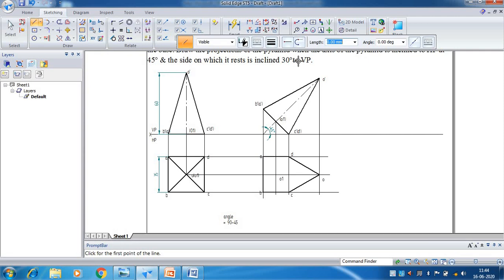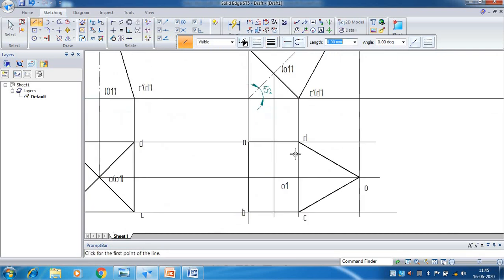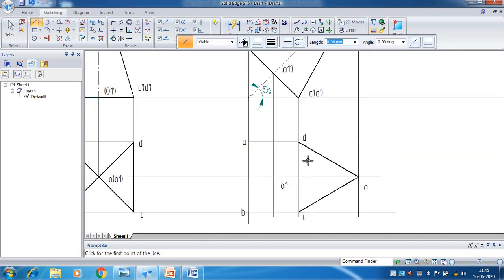When you look from here, the farthest point from the observer is this corner, right? C dash into D dash. So first you need to make the connecting lines of C dash and D dash as hidden, then remaining lines as solid. So change the line type into hidden line type, that is the second one, thickness into 0.3 mm. So first C dash D dash is the farthest point. This line should be hidden. Then there is a line from D to A, D to O, but already I have covered that line while drawing the outermost boundary. Similarly, C to O and C to B.